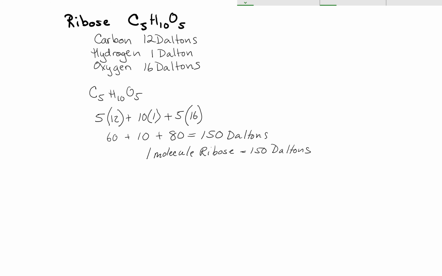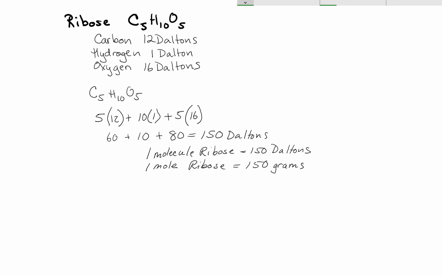And we also talked about how, if you know the molecular mass of a molecule of that substance in daltons, a mole of ribose, or 6.02 times 10 to the 23 molecules, has a mass of 150